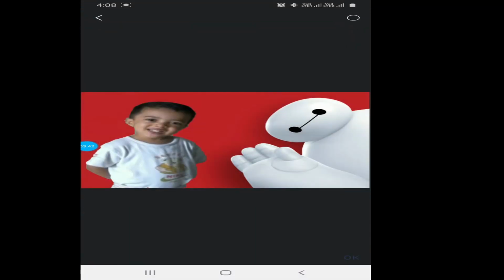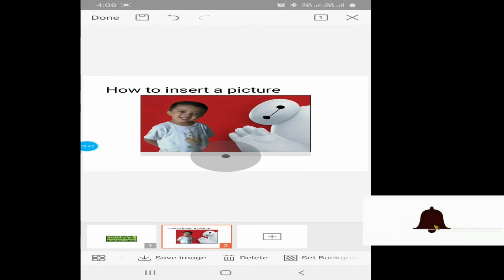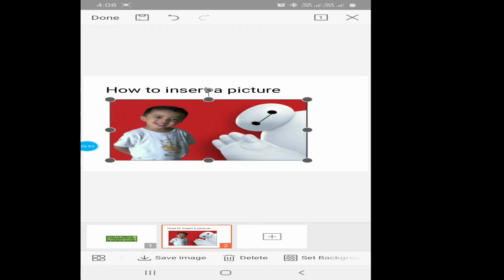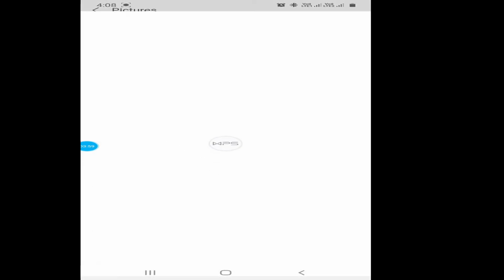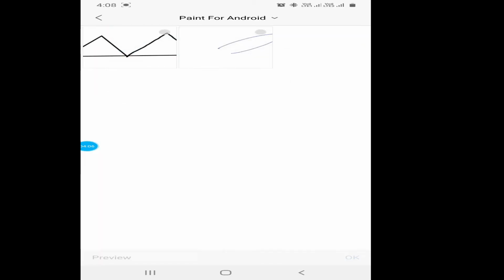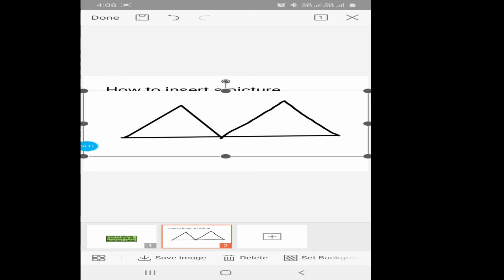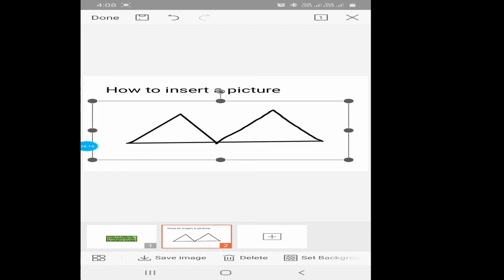Okay, so here I am inserting the picture. Okay, so you can see that I have inserted the picture. So this is about it. If you want to delete it, yes, you can delete it also. You can insert a new picture over there. Selected, click on OK and it is done. Okay, so this is about the picture, right?